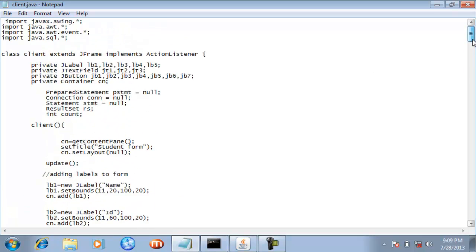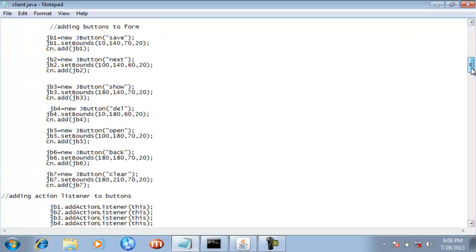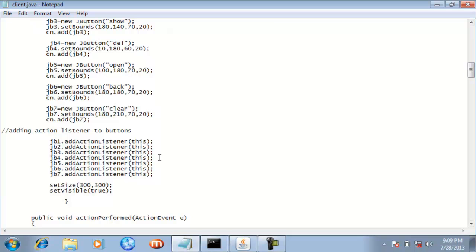You can see that I have declared this JB5 object reference variable in the class scope region, and I have added an action listener to this JB5. So guys, we will now see the reason for clicking open before clicking that next button.